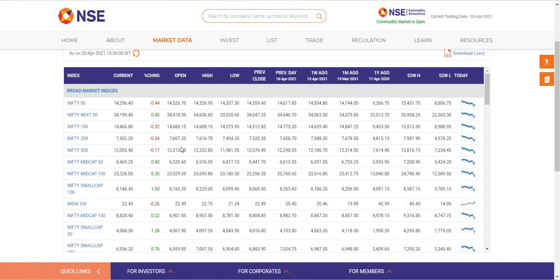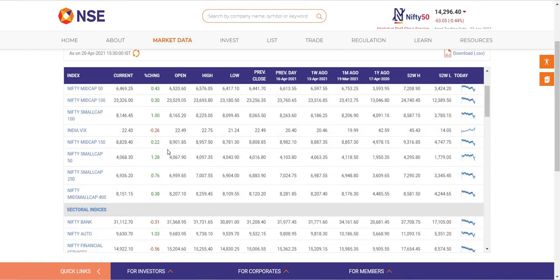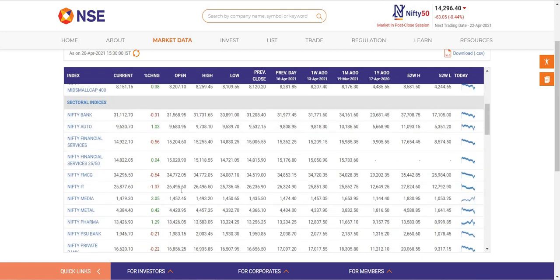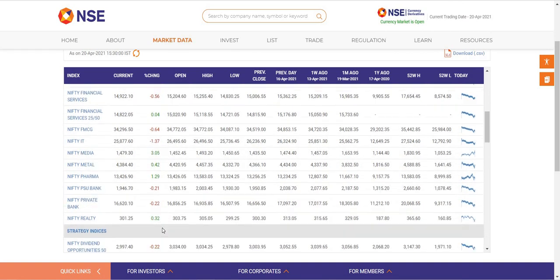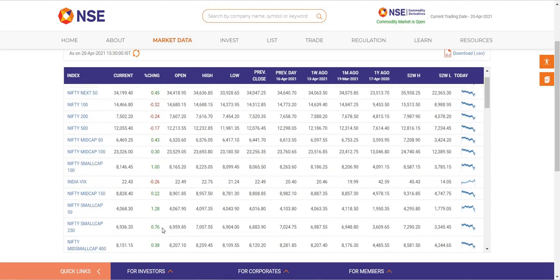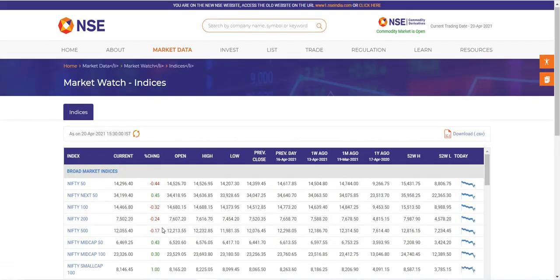Let me take you to the different indices also. As you can see, most of the indices are in red, not much red, but yeah, in red. And most of these indices opened in the green, opened gap up. Then we have seen a huge fall in these indices. As you can see, most of the indices, auto sector, and media were in red, and the metal and the pharmaceutical sectors. Pharma is doing good. Why do we know this? Because this is the time when pharma companies are gaining a lot, supplying the medicines and all this stuff necessary